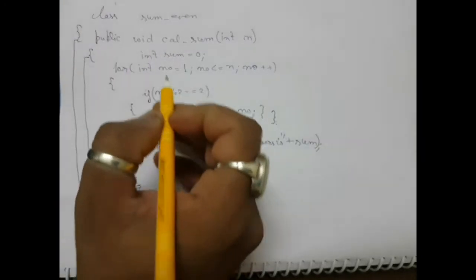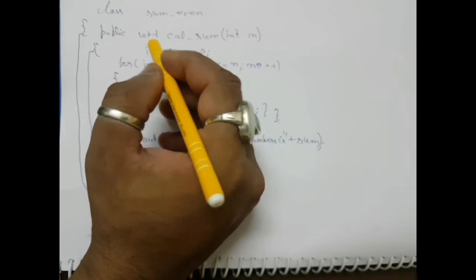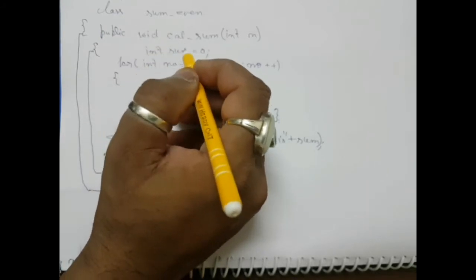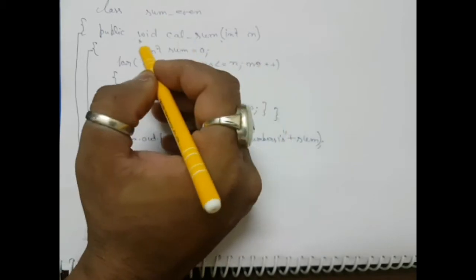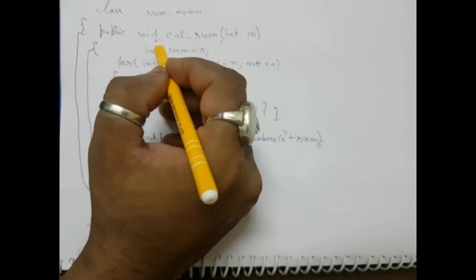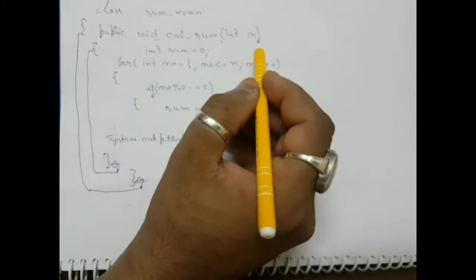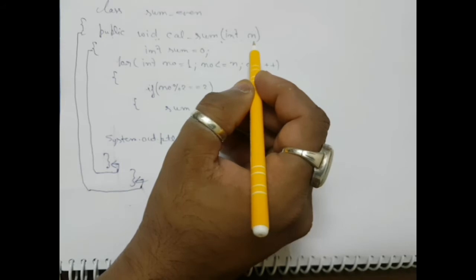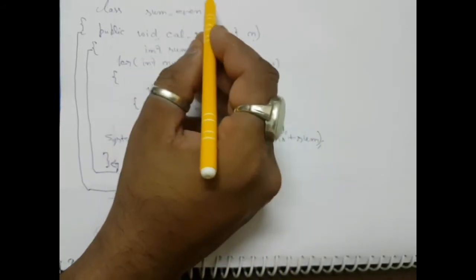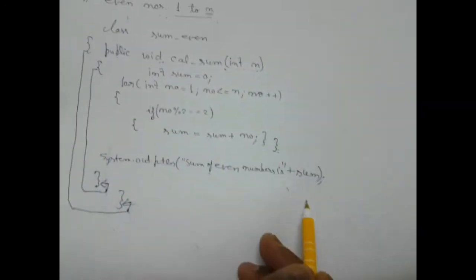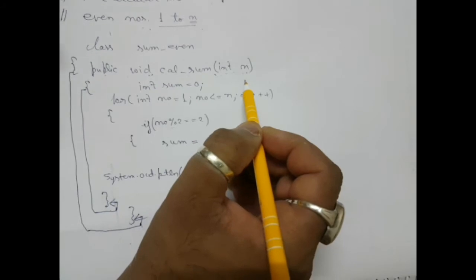So students, how does it work? This is a class which has got the entire logic which is stored inside the function. Function is within the class. So public void calSum is the name. Function does not return anything, so return type is void. Public is the access modifier. Then this parameter gives us the last number to be verified whether it is even or not. Because it was given in the program 1 to n, this n is passed from here.